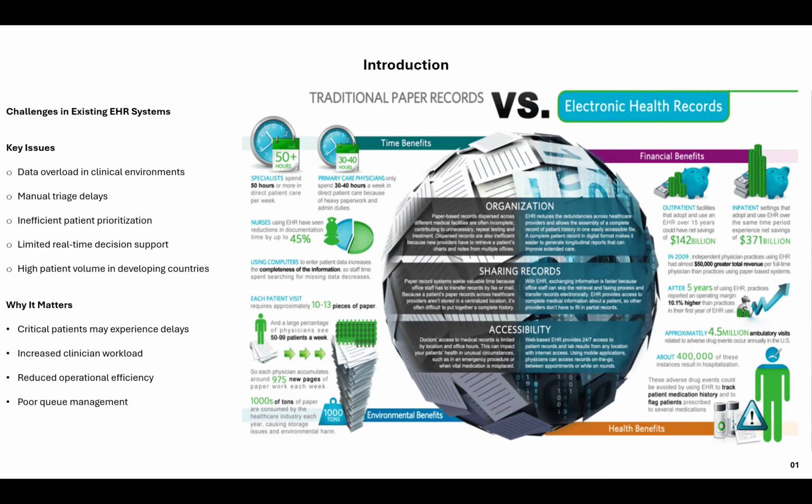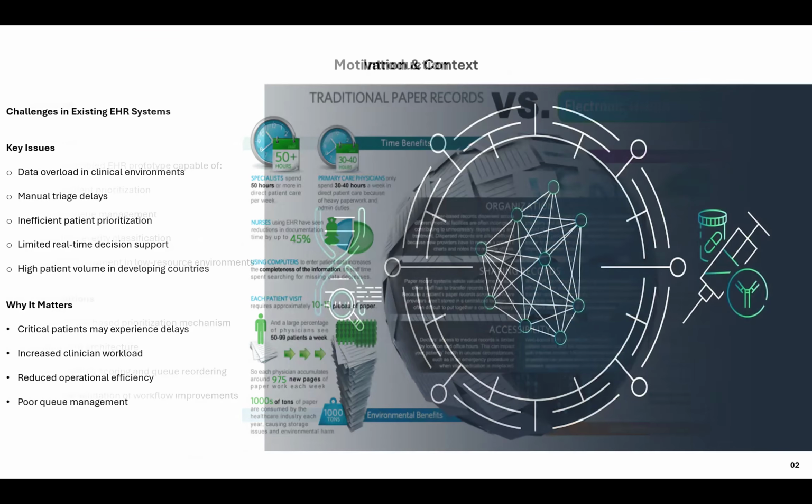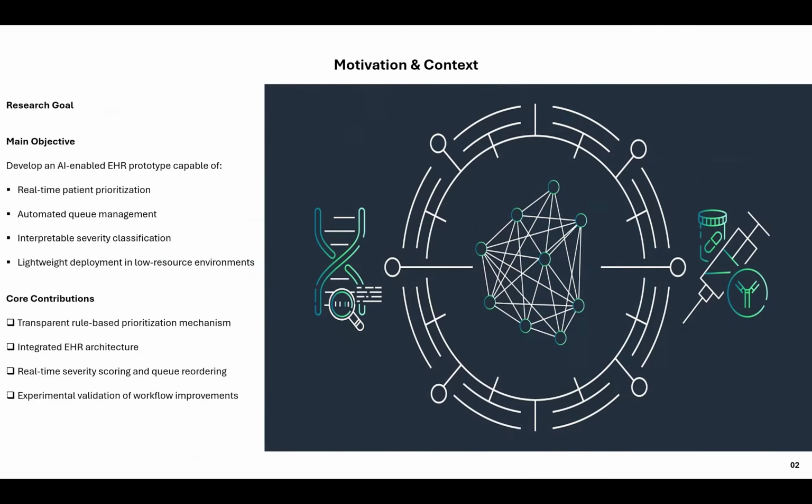In the US and UK, electronic health records have been significantly developed over the years. Compared to traditional paper records with thousands and thousands of papers, electronic health records have given a lot of accumulation in terms of innovation, accessibility, and also organization management. So the context basically stems from this idea, but initially when this prototype was implemented in phases,